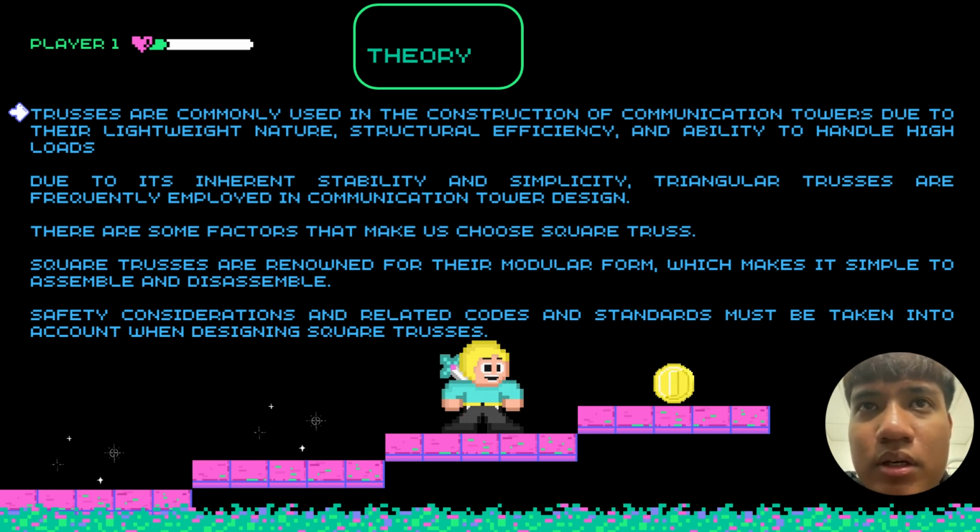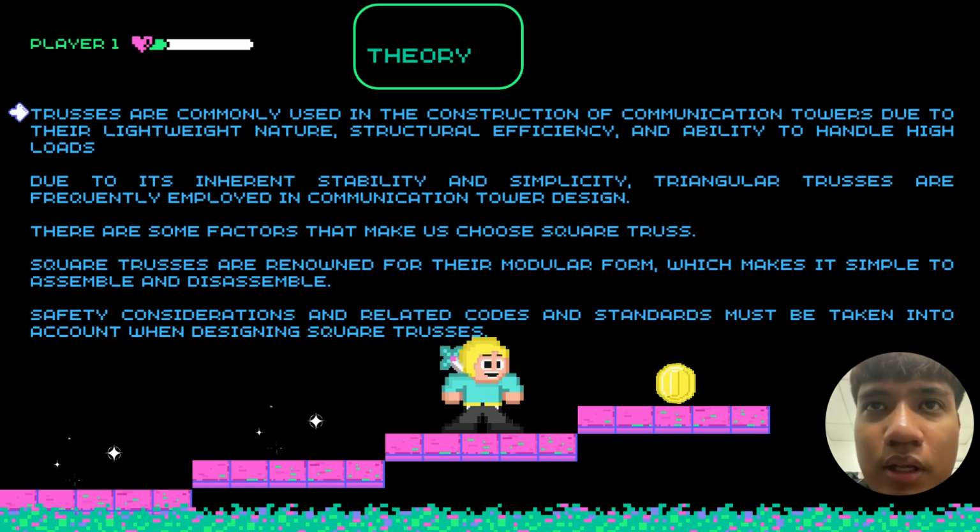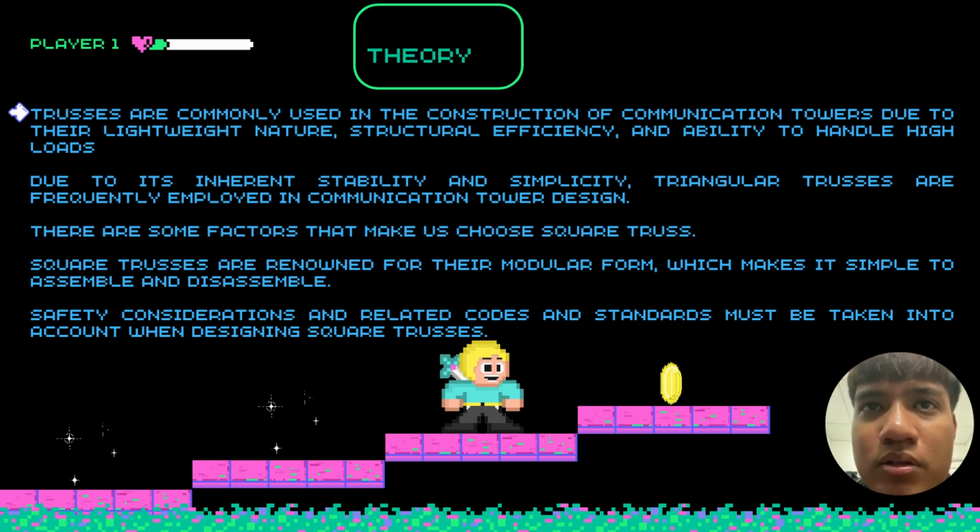The next one is that square trusses are known for their modular form, which makes them simple to assemble and disassemble. And the last one is safety. Safety is a consideration, and related codes and standards must be taken into account when designing a square truss. These rules could include criteria for material strength, load factor, connecting technique, and other design variables. Square trusses are useful for a variety of applications, especially for the communication tower, because of their adaptability, simplicity, and